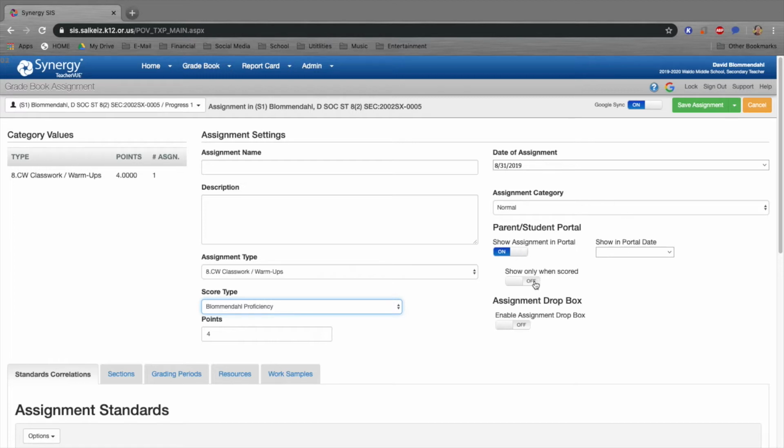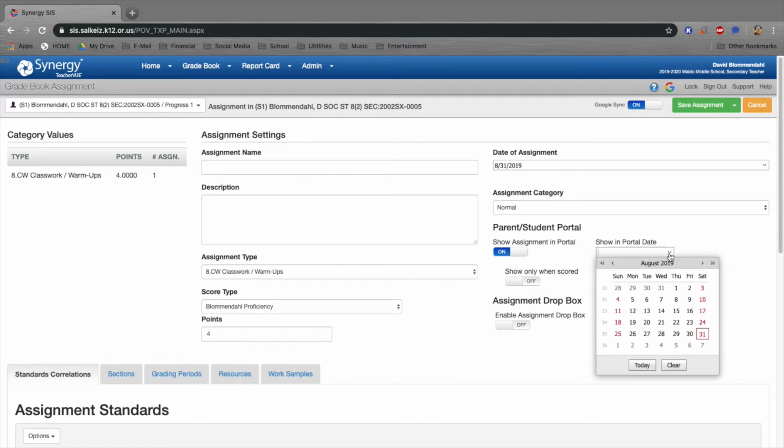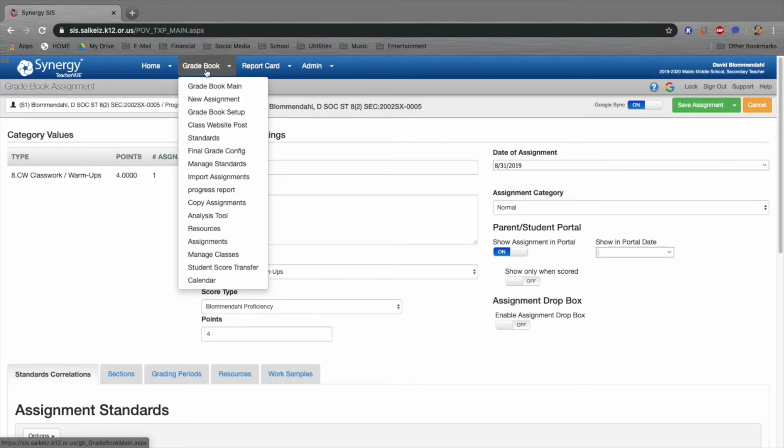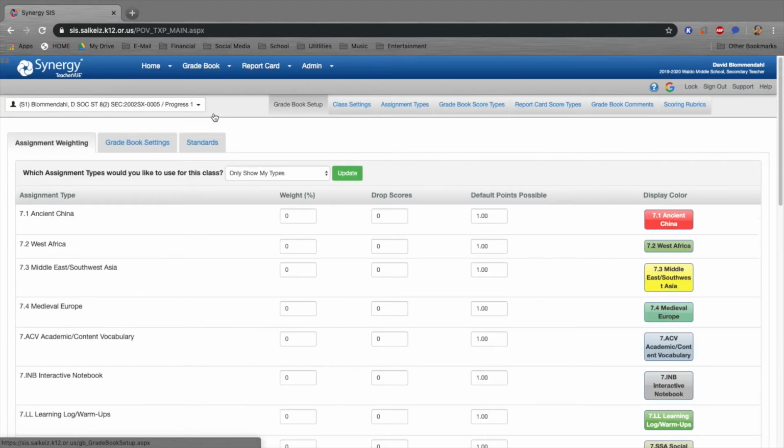If you only want your scores to show up in student view or parent view when you actually entered a grade, you want to click on for this. And whatever date you want it to actually start showing up on student view or parent view, you'd enter that here as well. Making sure your due dates are set correctly is important, otherwise that can confuse parents. The other thing you're going to want to do is go to Gradebook Setup, and for each individual class, under Class Settings,